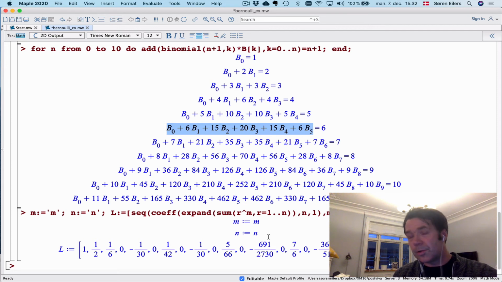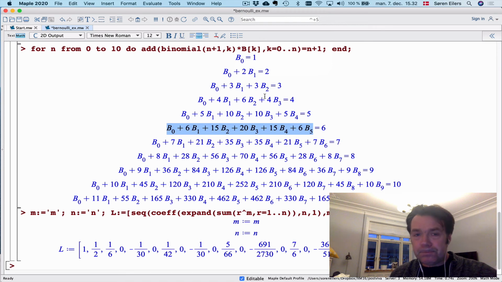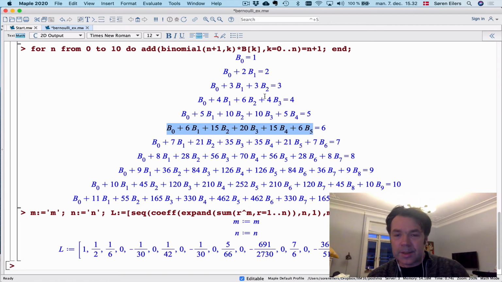This is something you can do very quickly to very large indices, and then you can use a formula that's based directly on these Bernoulli numbers and some binomial coefficients to compute the correct closed forms for the sums of powers, or to plug in values in them. So this is such an important thing. It comes up in all kinds of mathematics, and actually it also has the distinction of being